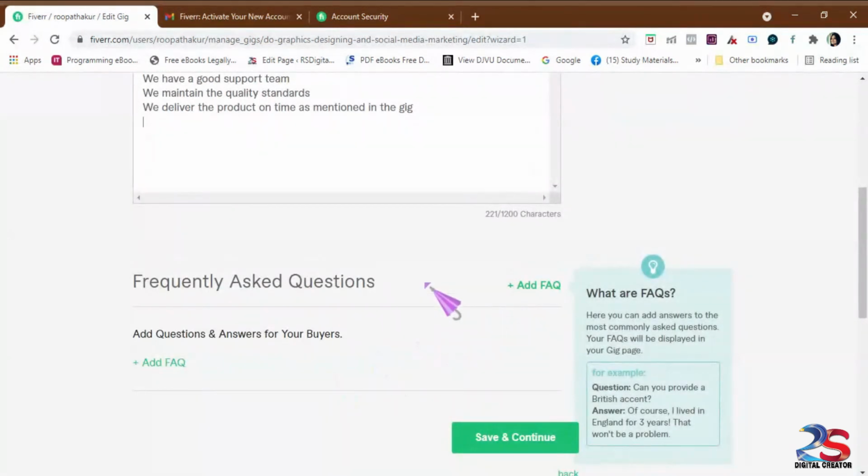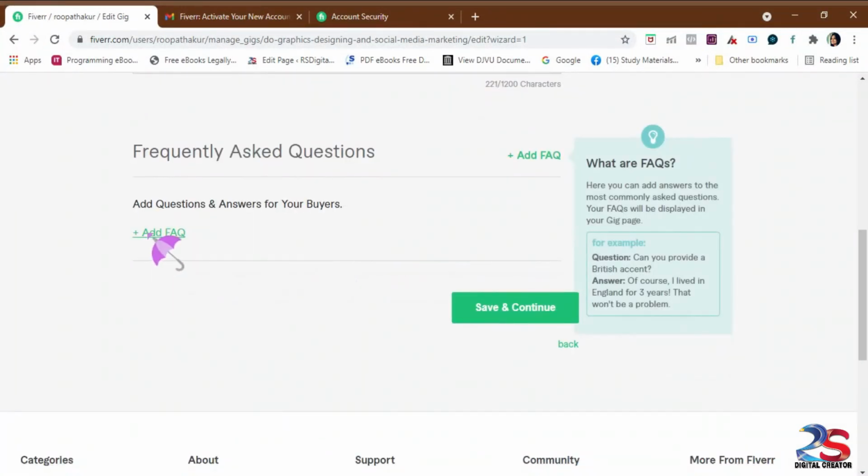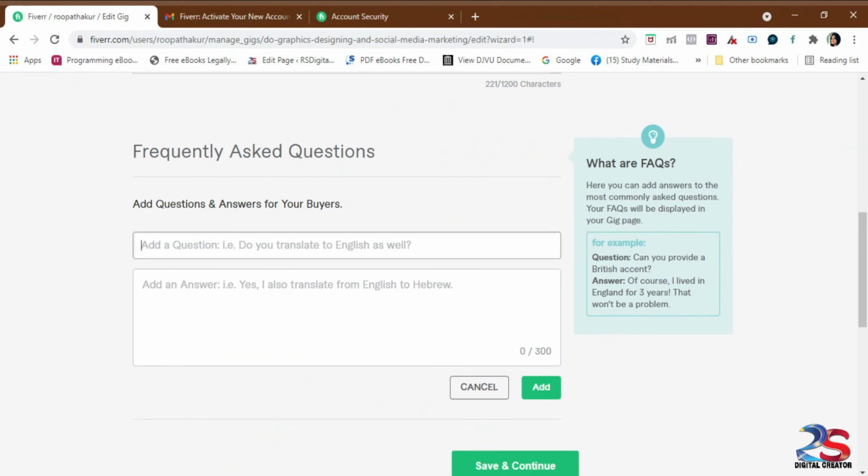Then go to the questions section. Clients will have questions for you, so just guess some questions and answer them. Anyone reading your description or your gig will immediately get answers to the questions they would have. You can guess them according to your gig, and add your questions and answers here.